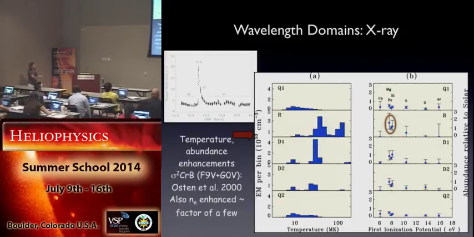And then during two intervals in the decay phase of the flare, you can see that the amount of that material is decreasing and the temperature of the flaring plasma is also decreasing until you get to conditions outside of the flare that more or less mirror the conditions before the flare. And then when you try to characterize the abundance of the elements that are contributing to this coronal X-ray emission,